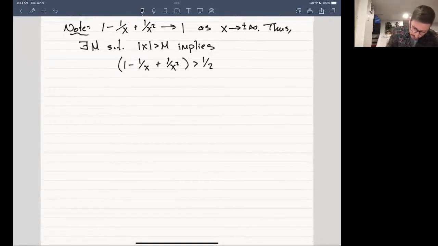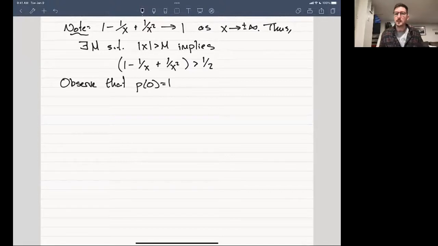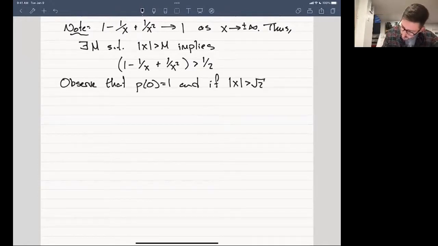Now also observe that p of 0 is equal to 1. That's easy to see. And if the absolute value of x is bigger than the square root of 2, then x squared is bigger than 2. Again, that's pretty simple. You should be able to follow that, I hope. So hence,